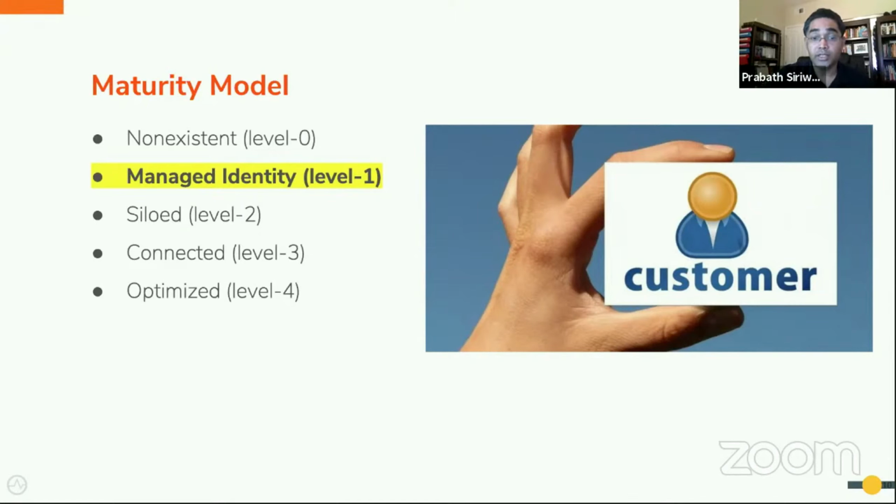What you do in this phase is distributed across a broader spectrum. But still, you only worry about managing identities. No CRM systems in place, no customer preference management systems in place. I would say most of the companies who are working towards a digital strategy are in this phase, or at least start with this phase. Then again, the question is how long you want to be in this phase. We've worked with many customers who've been in this phase for years, and some even for more than a decade.